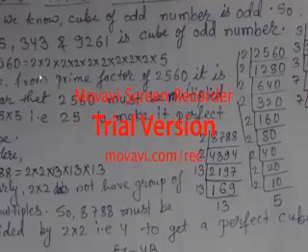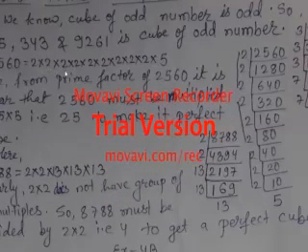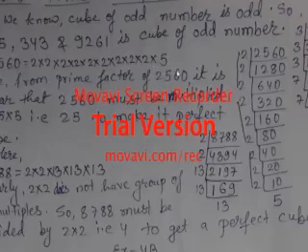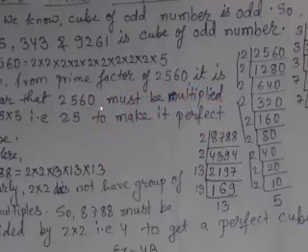If you prime factorize it in the same way, you can see here a triplet of 2 is forming, here again a triplet of 2 is forming, here again a triplet of 2 is forming, only 5 is left. A single number has been left. So to make it a perfect cube, 2 more 5s are required. That means it should be multiplied by 5 into 5, that means 25. So from the prime factors of 2560, it is clear that 2560 must be multiplied by 5 into 5, that is 25, to make it a perfect cube.